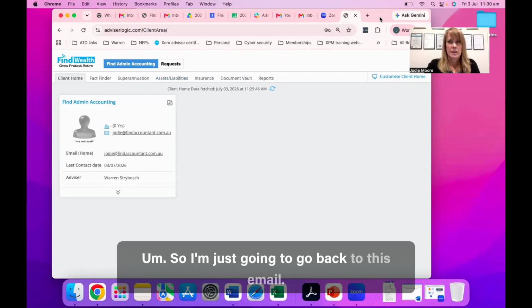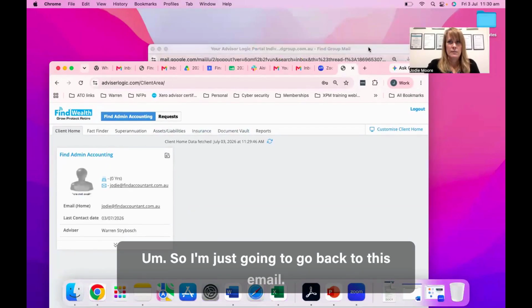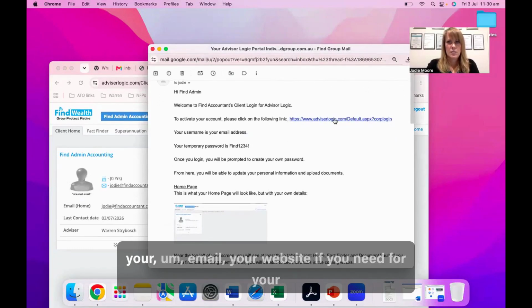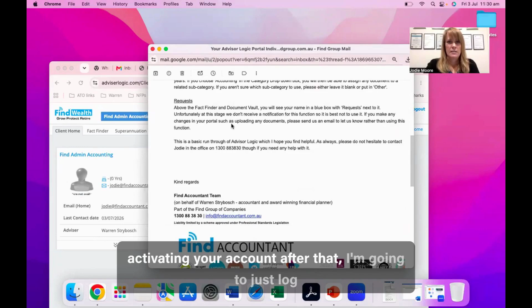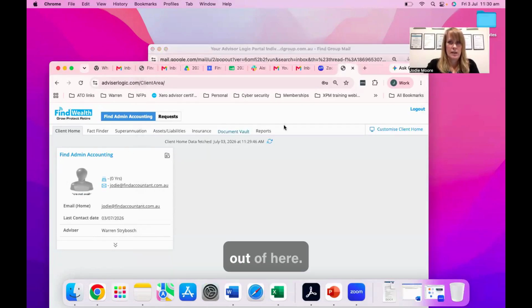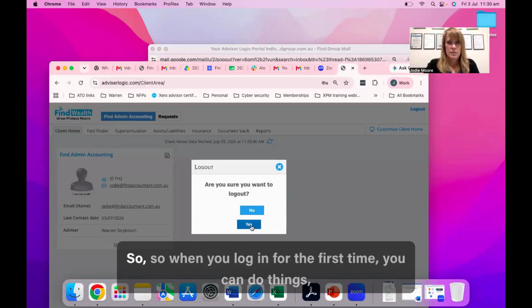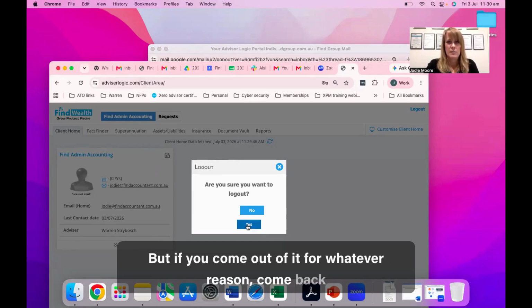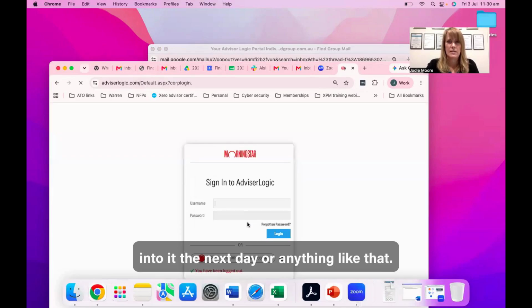So I'm just going to go back to this email. The other thing I just wanted to mention, this is your email, your website for activating your account. After that, I'm going to just log out of here. Okay, so when you log in for the first time, you can do things. You can access the document vault and so forth. But if you come out of it for whatever reason, come back into it the next day or anything like that,